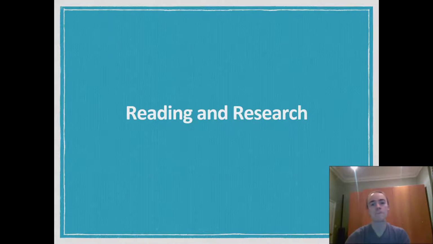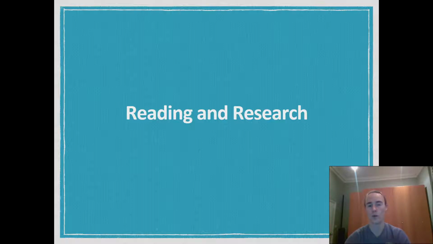Lovely. So reading and research, the lovely and fun bit of postgraduate study. On the whole, I'd say people's use of reading and research tended to be pretty strong. I saw people referencing clearly having dug deeper, far beyond the reading list, which is fantastic in those cases. And certainly people were very aware of the need to back up and to justify their ideas with theoretical research. That's brilliant.